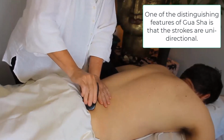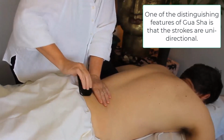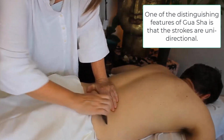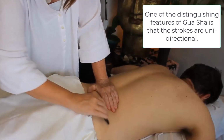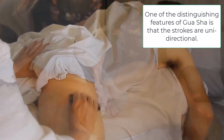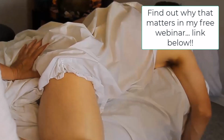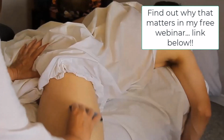So you may notice as well, one of the differences between Gua Sha and some of the other scraping techniques is that Gua Sha is a unidirectional treatment. And there is a special reason for that, which I will show you in my free Gua Sha webinar coming